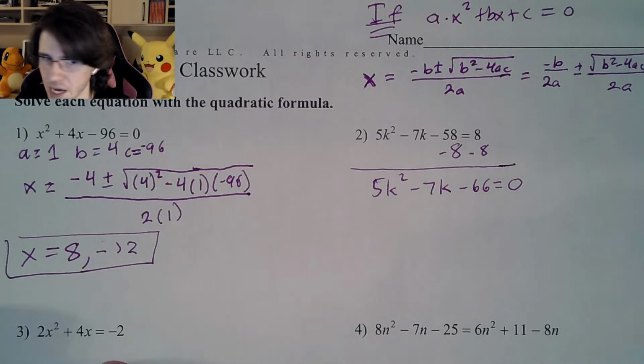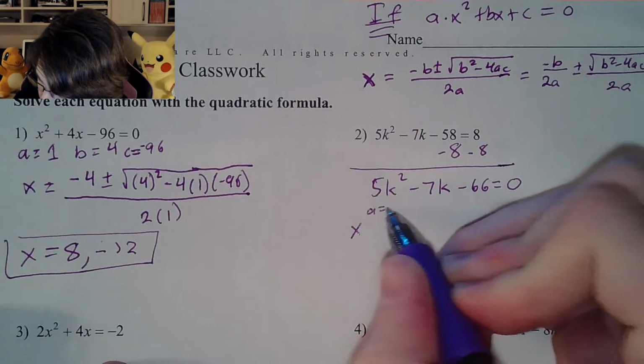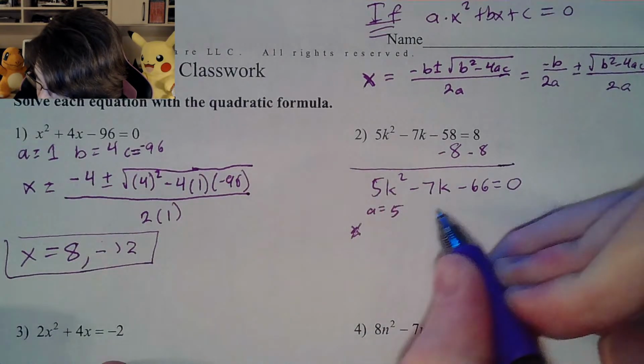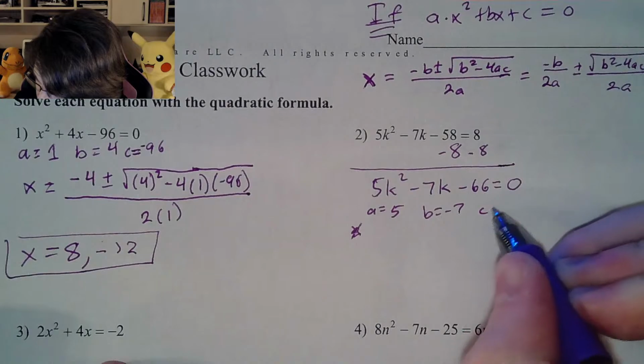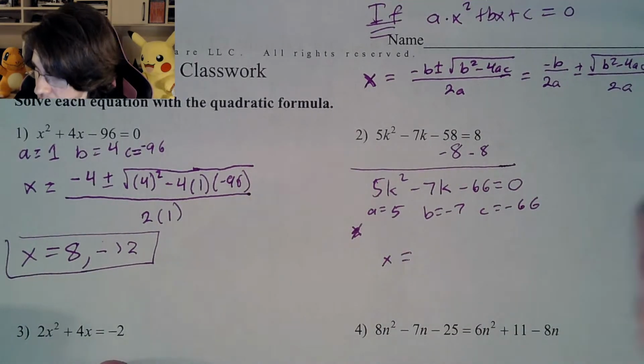Then we are going to apply our quadratic formula. So again, we need to be able to do that. We have A is equal to 5. We have B is equal to negative 7. We have C is equal to negative 66. And therefore, X is equal to, we got